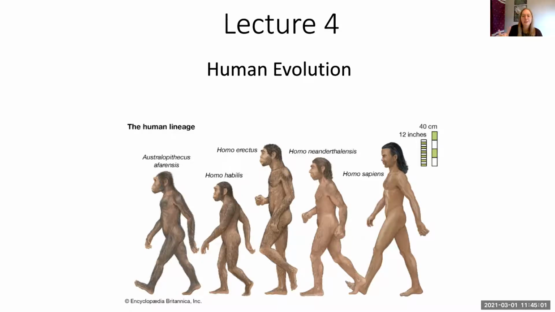And then we have 3 of the other species in our genus that have existed but do not currently exist. We have Homo habilis, Homo erectus, and Homo neanderthalensis. So all in our genus, but not the same species as us. And then at the front or left side, we have someone that's not in our same genus, but still is a human lineage species. And so this is Australopithecus afarensis. So not the same genus, but in our human lineage.